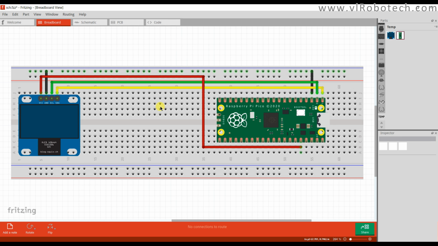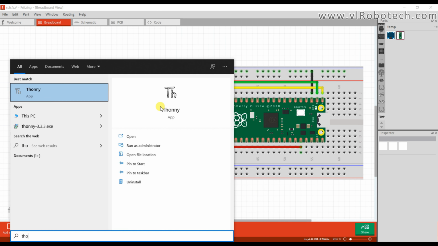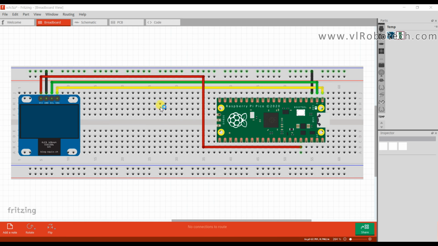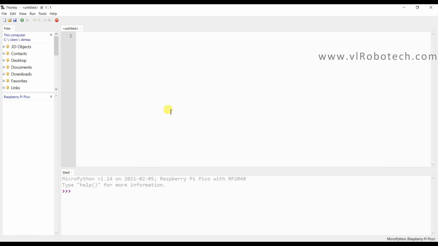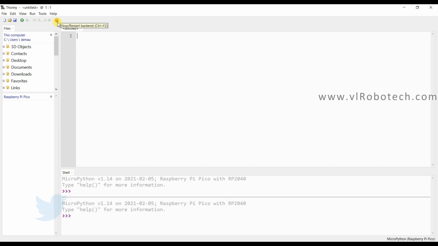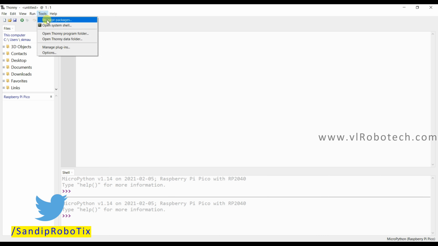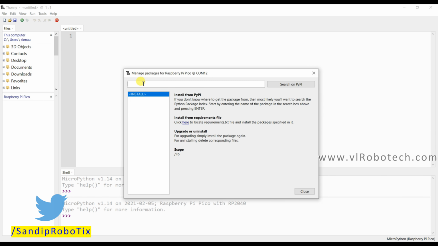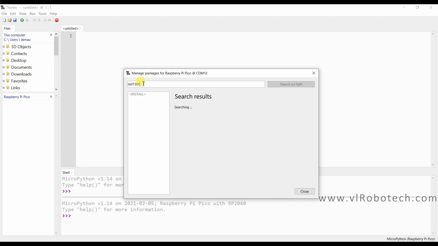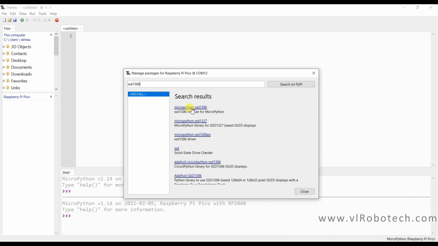So I will open Thonny IDE. First of all, I will install the SSD1306 driver for the OLED display. Install this.